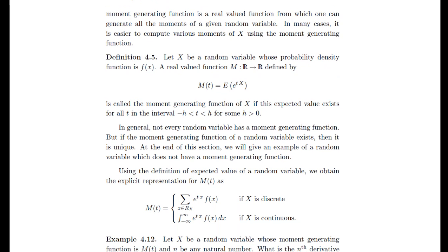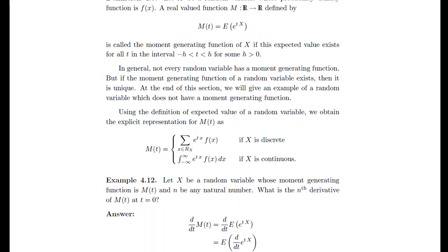In general, not every random variable has a moment generating function, but if the moment generating function of a random variable exists, then it is unique. At the end of this section, we will give an example of a random variable which doesn't have a moment